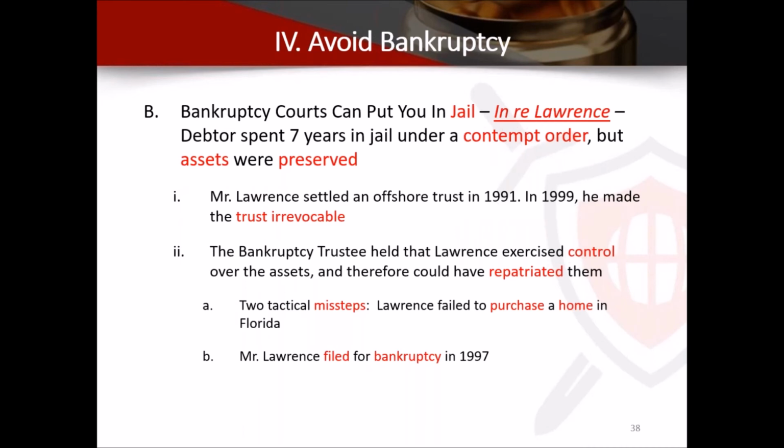This was a similar case around the same time, I think just after Porter, '91, was Lawrence. And you have to be careful in bankruptcy. Lawrence had a bad attitude and was disrespectful to the court, which is always not a great idea. He had gotten into a massive debt to Bear Stearns on a stock trading account. And he made a fraudulent transfer out to a trust, and then he changed jurisdictions. I think he was in the Channel Islands and changed to Mauritius or something like that, which was a popular jurisdiction at the time.